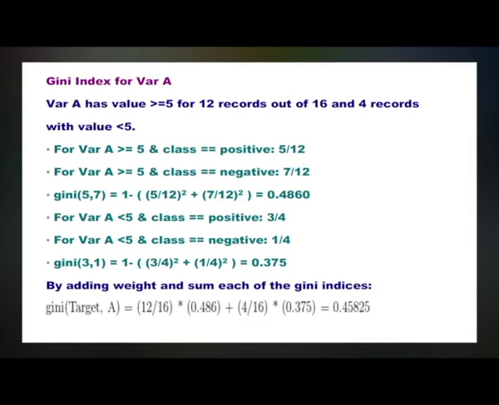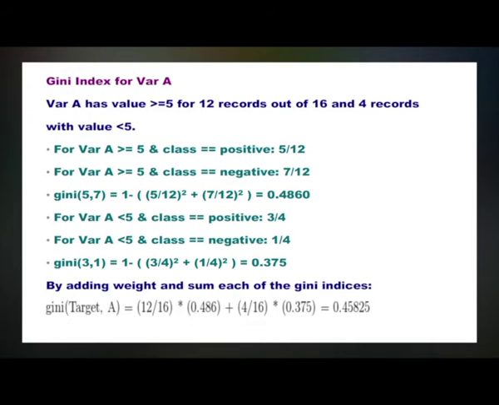Variable A has value greater than or equal to 5 for 12 records out of 16 and 4 records with value less than 5. For variable A greater than or equal to 5 and class equal to positive, the probability is 5 by 12. For variable A greater than or equal to 5 and class equal to negative, the probability is 7 by 12. Therefore, Gini index (5, 7) is equal to 1 minus (5 by 12 square plus 7 by 12 square), which is equal to